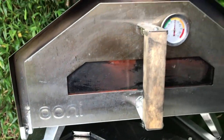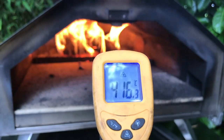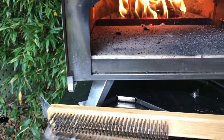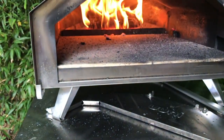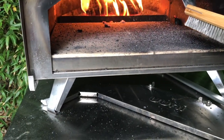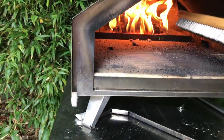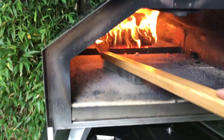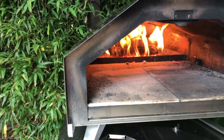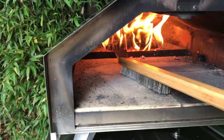Right, let's go and get a brush. Let's try again. It's probably gone too hot now. Oh, it's all right, just a little bit too hot. By the time I brush all this, I've actually never used this when the oven's on. I've only brushed when it's like off. But this is so bad, I can't possibly put the pizza